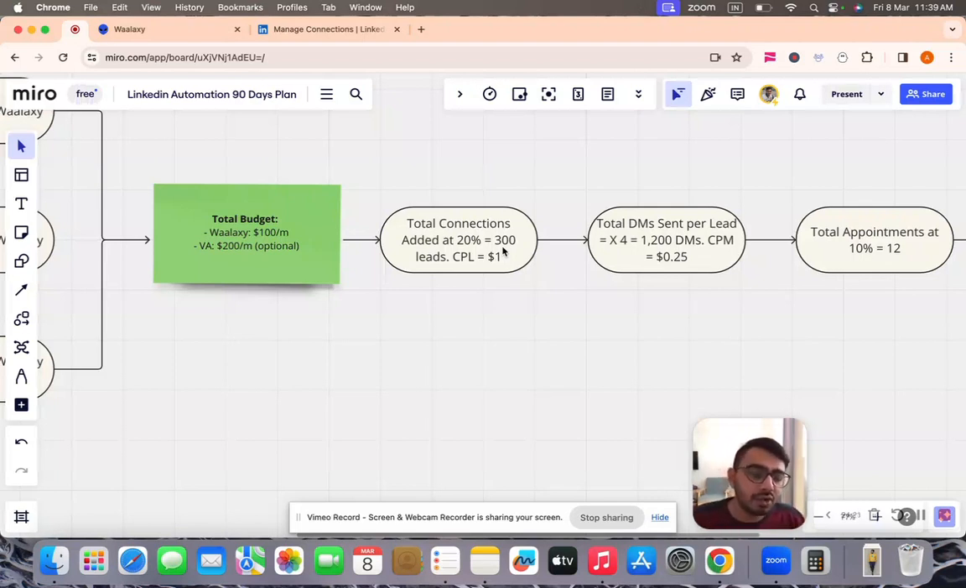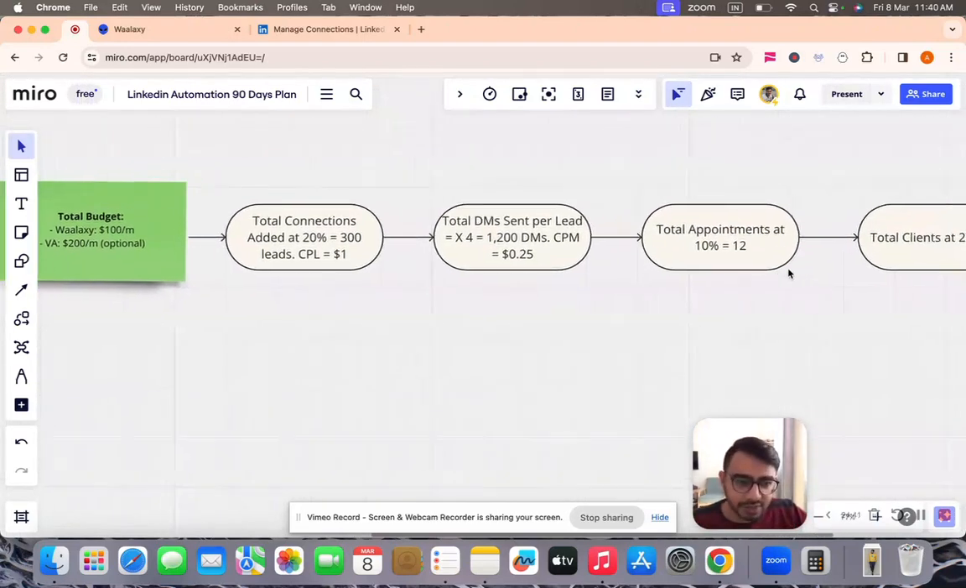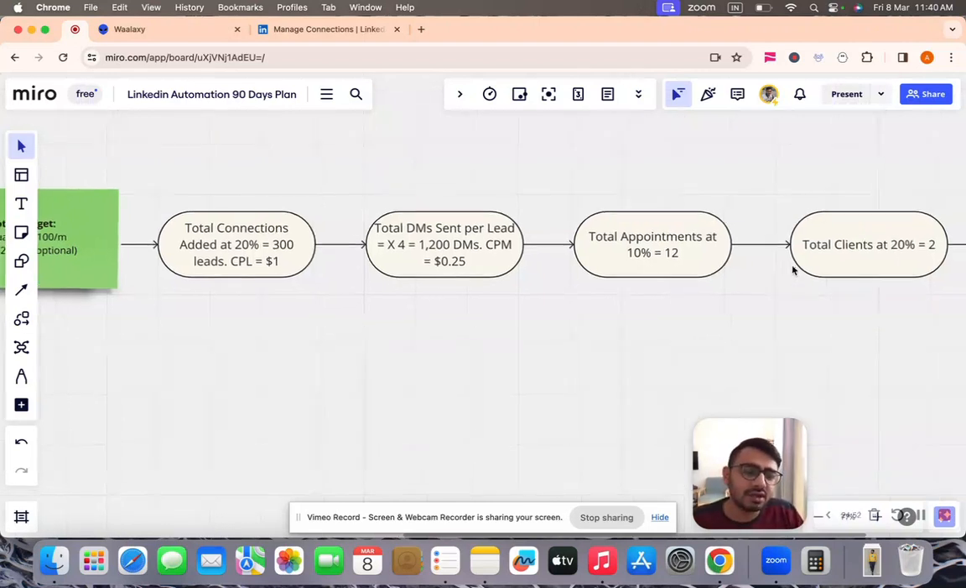Maybe you are able to book more, maybe less, but on average you should be able to book 12 if your offer and message is on point, and if the audience you're pulling in is accurate and able to see the value of the offer you're bringing to the table, right? So out of those 12 appointments, let's say you close clients at a very low rate of 20%. So from those 12 you only close two, or maybe even three or four, but let's say for this example,